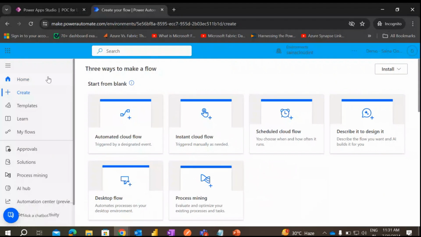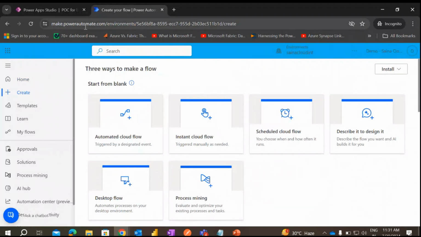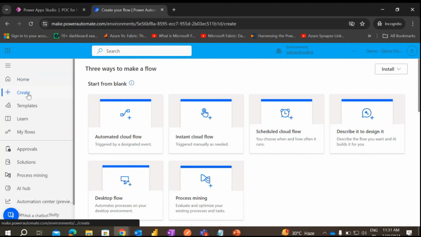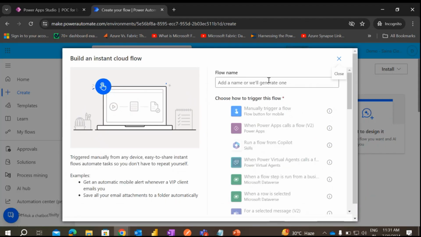First of all, we need to create a Power Automate flow. For that, we'll enter make.powerautomate.com. In that, we need to go on Create, and in that, we need to select Instant cloud flow. Here we need to give our flow name. So I am giving base64 to string,